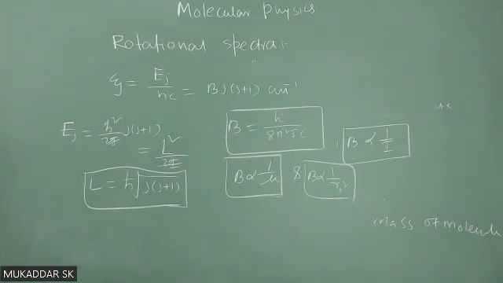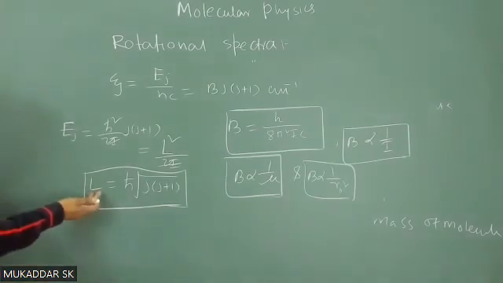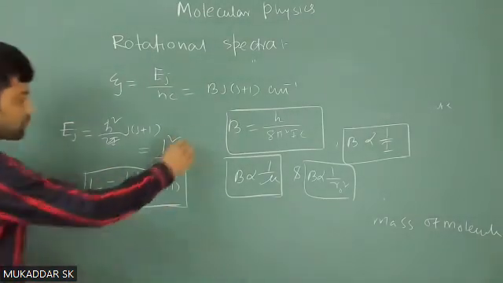फर्स्ट एक्सिस्टेड स्टेट का, so directly you just have to substitute the rotational quantum number J. For example, for ground state J will be 0, so L will be 0, and for first excited state J will be 1, and corresponding L will be root over 2 h cross and so on, है ना। So कहने का पर्पज यही है कि L जो है एंगुलर मोमेंटम, that will be independent of I, moment of inertia, है ना।